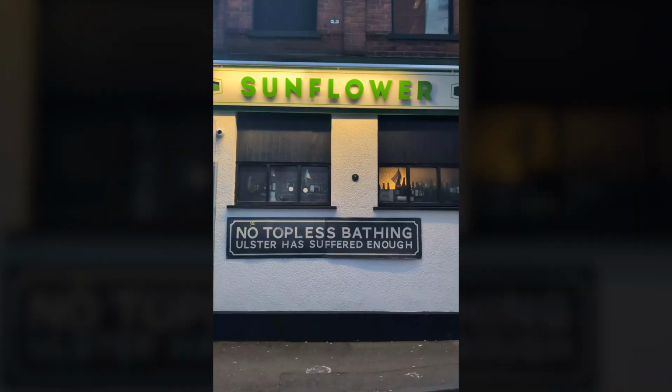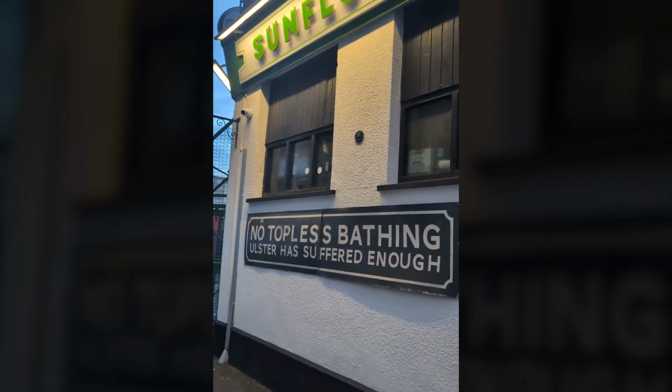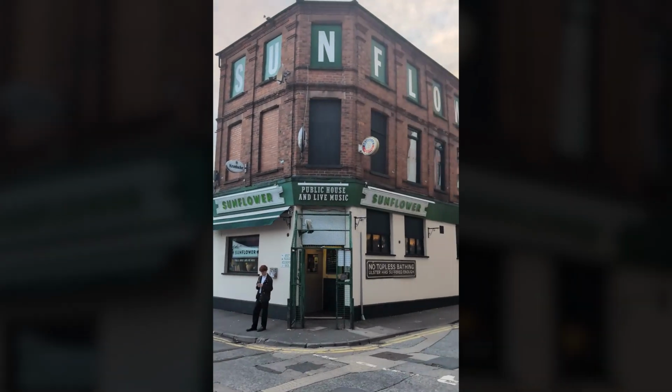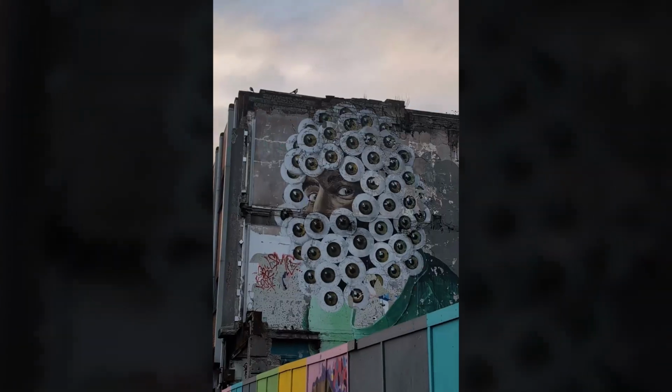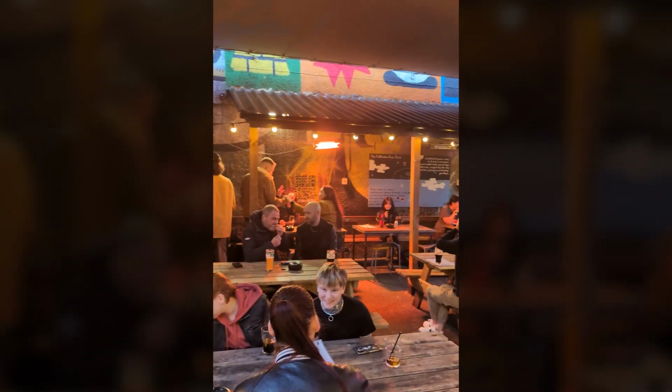Sadly, you did really see that. This legendary pub, with its sign about Ulster's suffering, is instantly recognisable by the 1980s security cave. That's a tragic reminder of the Troubles. And it's hard to believe conflict, unhappiness, anger and violence took place anywhere near what is now a vibrant pub